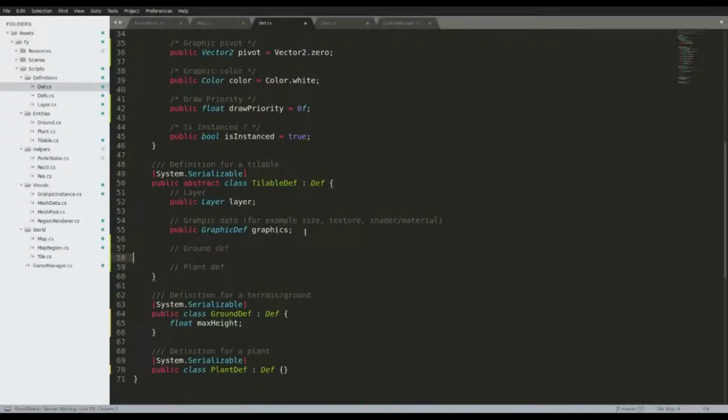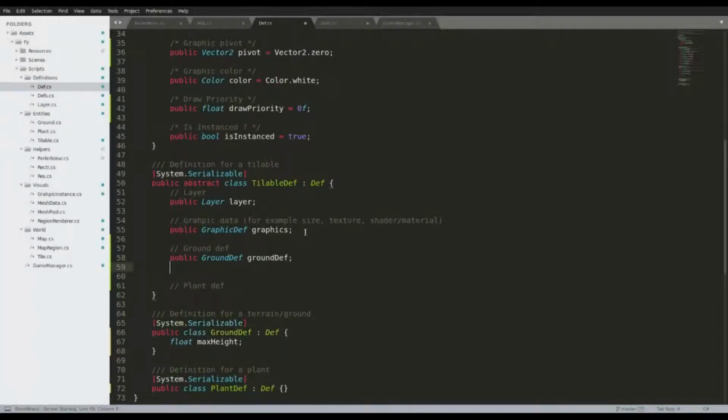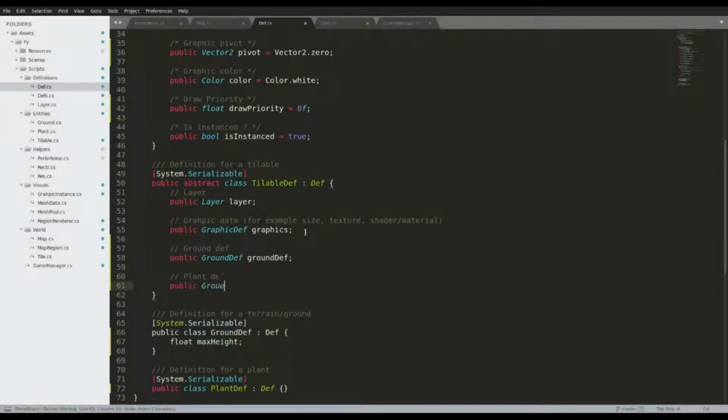Because this way. Yeah, well, this way we don't need to. This way we don't. Well, there is the advantage and the disadvantage to this, but